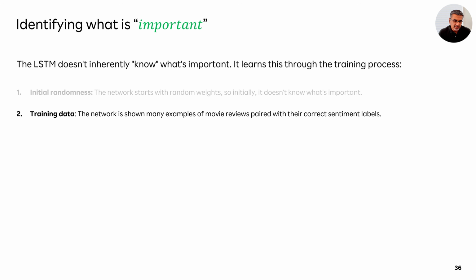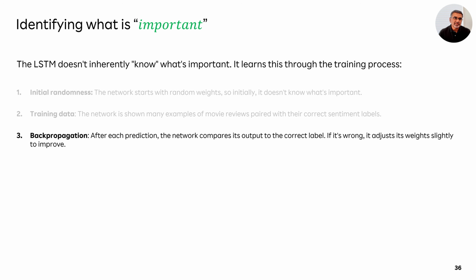Let's say we are training a network on movie reviews to identify the sentiment conveyed by each review. You show it many such movie reviews, paired with pre-labeled tags saying whether the movie is good or bad. The LSTM looks at all that training data and makes predictions, and if its predictions are wrong, we backpropagate through the network so that the weights are adjusted. This is nothing different from any of the neural networks that you have studied so far.